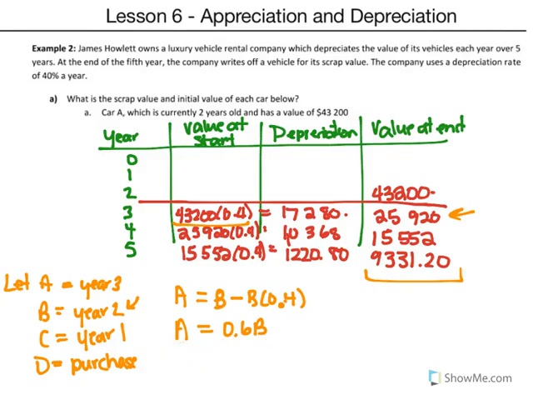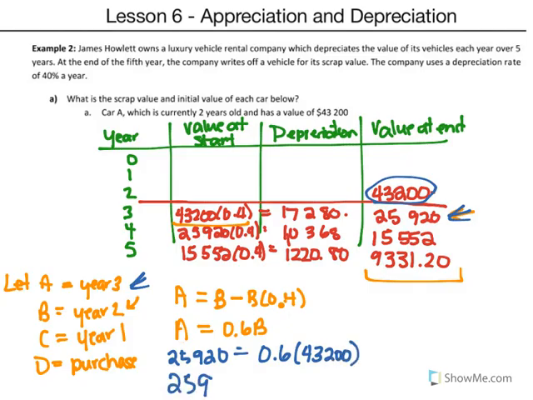So just to show that this works, we're going to take our value for A, which was year 3, 25,920, and it'd be equal to 0.6 of last year's value, which is 43,200. And you do get 25,920. So what we're going to do now is figure out the previous years before. So before this, to figure out year 1 would be equal to,